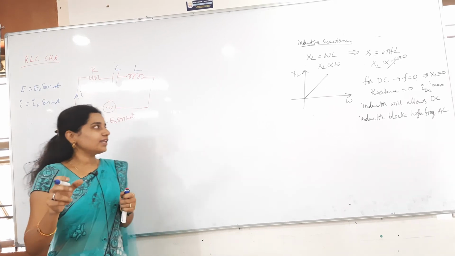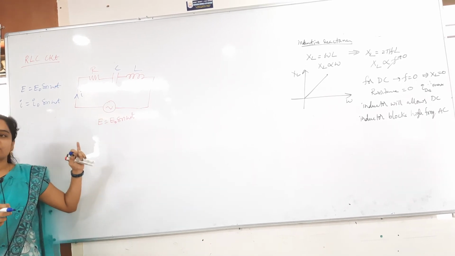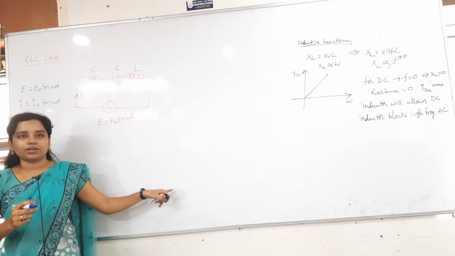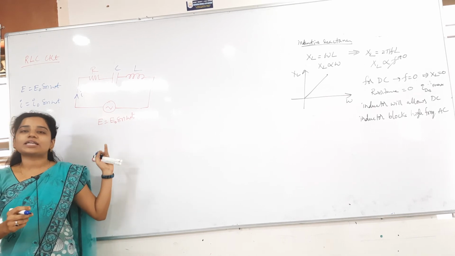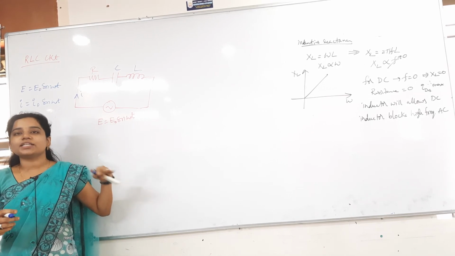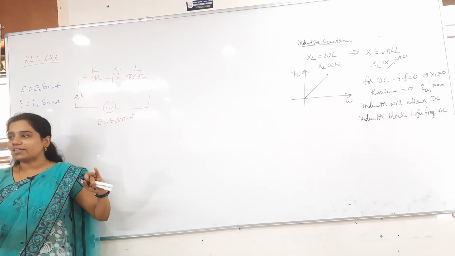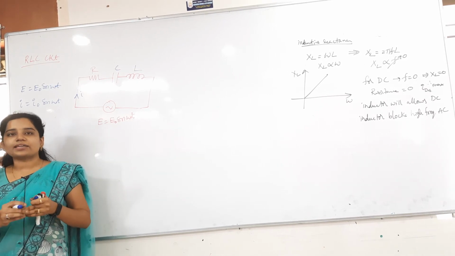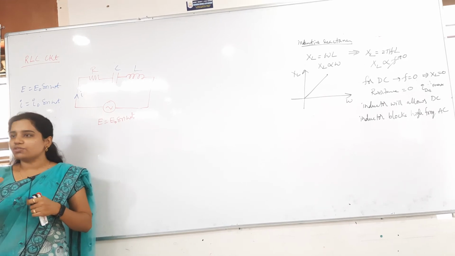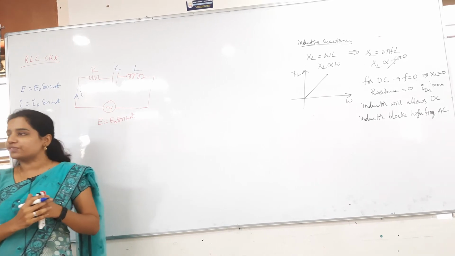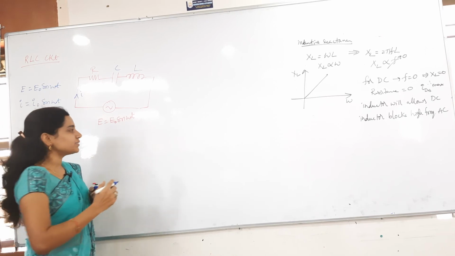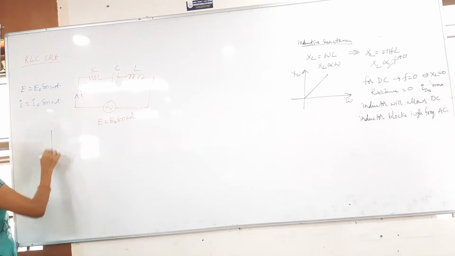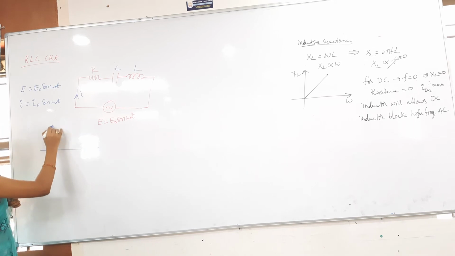So whenever you take the resistor circuit, no leading, no lagging. Whenever you take the capacitor circuit, current is leading, voltage is lagging. In the inductor circuit, current is lagging, voltage is leading. By using that only we will find out the phase differences here. Okay. Now first and foremost, we draw all three phasor diagrams together.